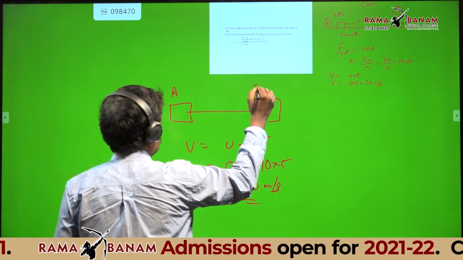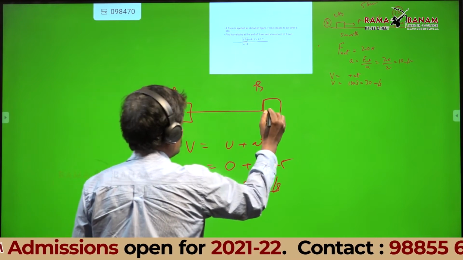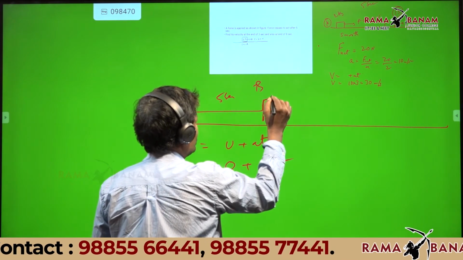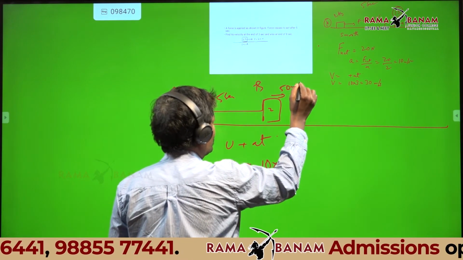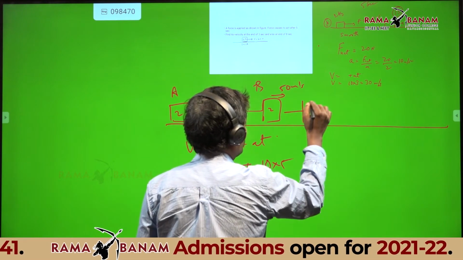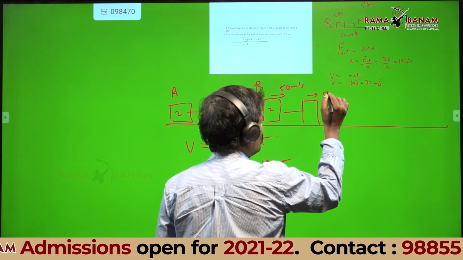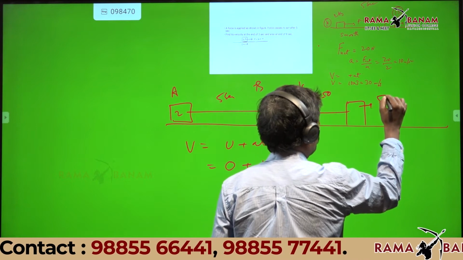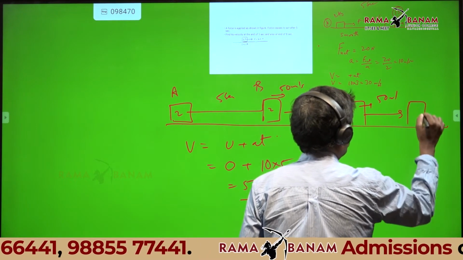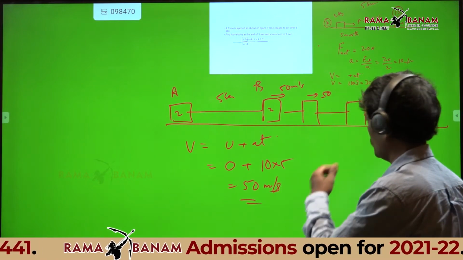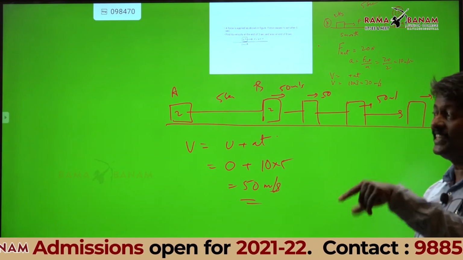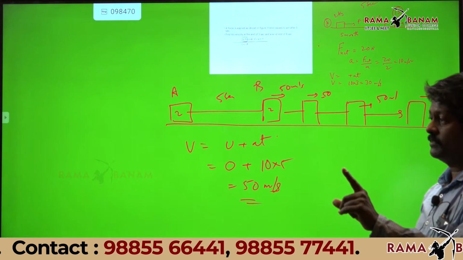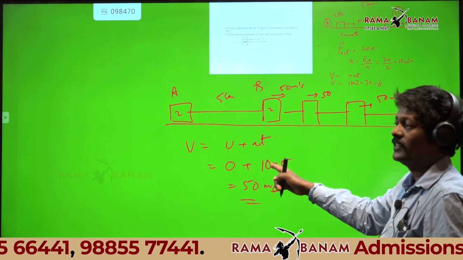Imagine it is here, at the end of 5 seconds, the 2 kg mass. After 5 seconds, it acquired 50 meters per second. After 6 seconds, it will have, can anyone guess? 50. After 7, it will have 50 meters per second. After 8, also 50 meters per second. Now what did you understand here? Someone answered 80. The velocity is 50 meters per second. Because by mistake, if you try 10 into 8, it is wrong.